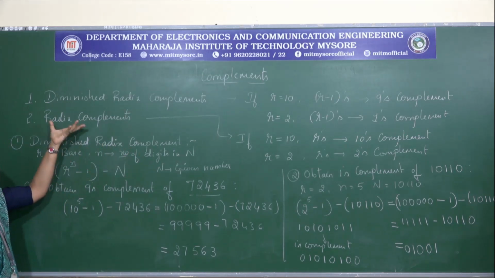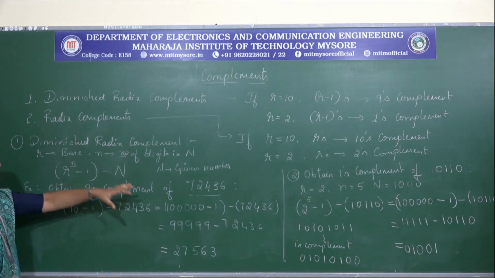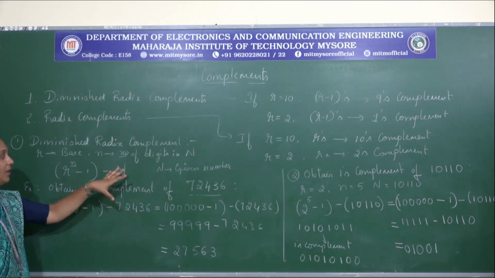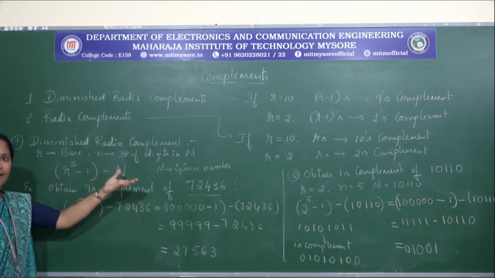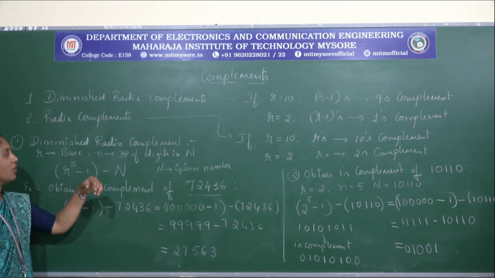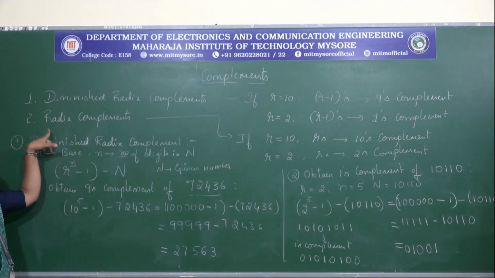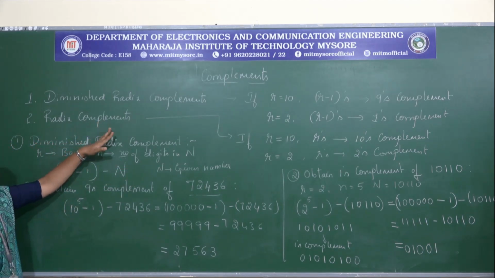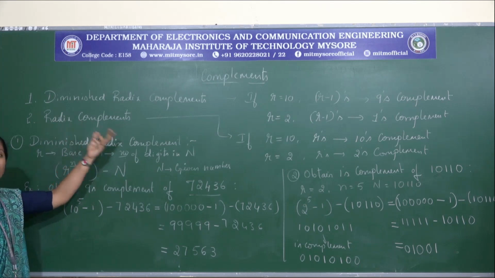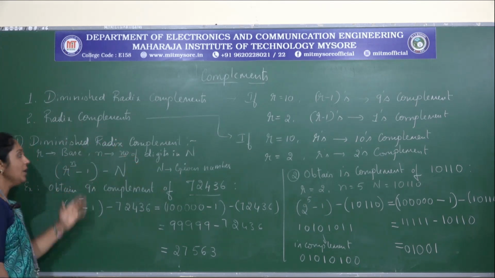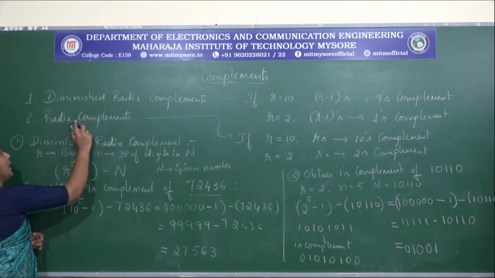Now let us move on to the second one. I need to consider one more example for diminished radix. Later I will explain it by considering one more example. Now let us move on to the next type, and then we will discuss another example based on this. So the second type is